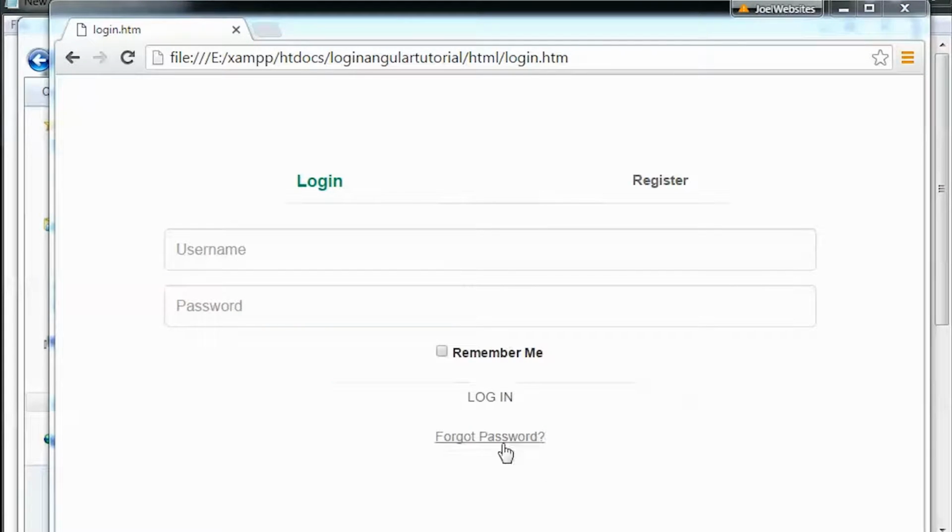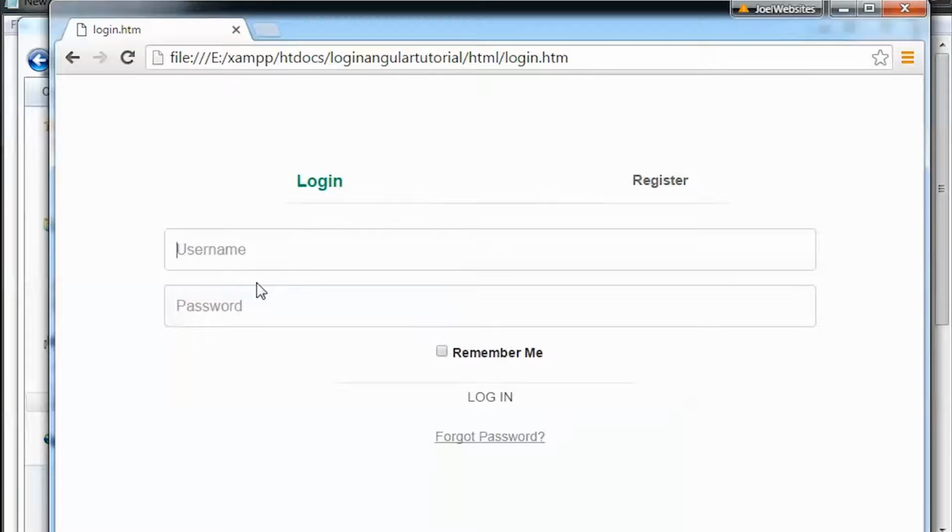This is the same page that I just opened some time ago. What we have to do is, when the user clicks on forgot password, a new page should open. It should give him one text box, basically, where he will be asked to enter his email.